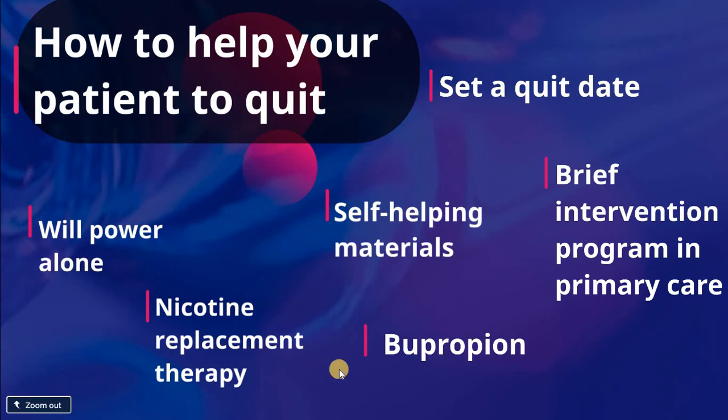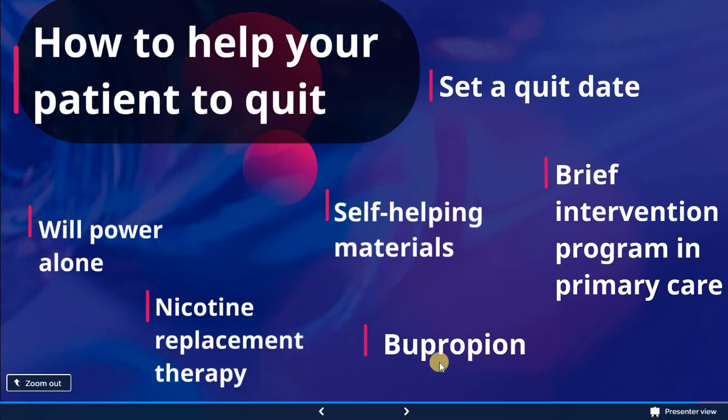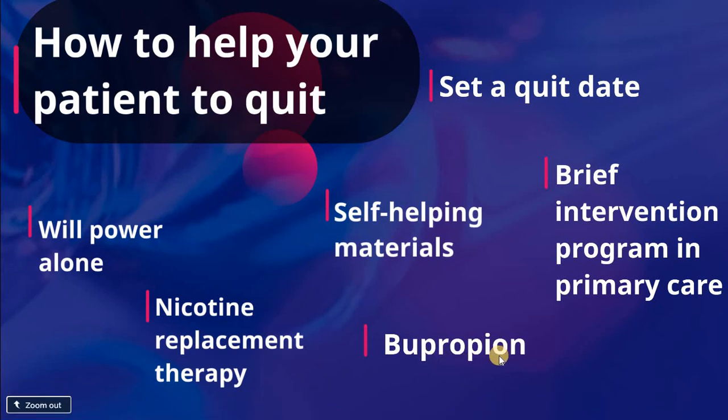The other way is bupropion. The success rate of this method is 20 to 30%. This medication is used as an antidepressant at higher doses, but is effective for smoking cessation at lower doses. It's usually prescribed